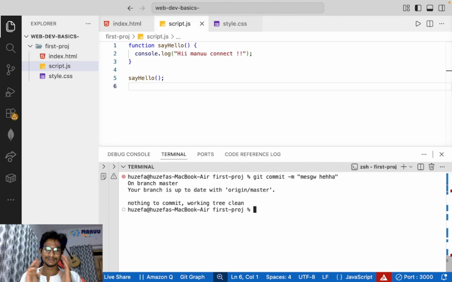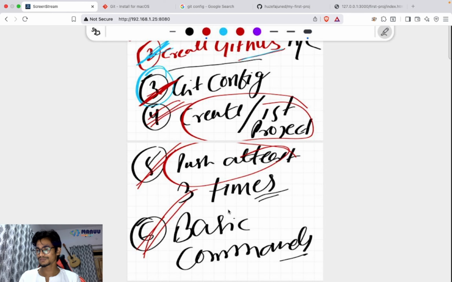Simple. That's for a single project where you are working on your own. If you are working with a team, there are a lot more commands as well, right? We have to pull something, git pull, right? We have to rebase, right? That's our advanced kind of command. I'm not going to teach you those things, because they are required once you are contributing to an open source project or a team. Once you know these basics, you'll definitely learn those things, and AI will always help you. Don't worry. I have covered whatever I thought.